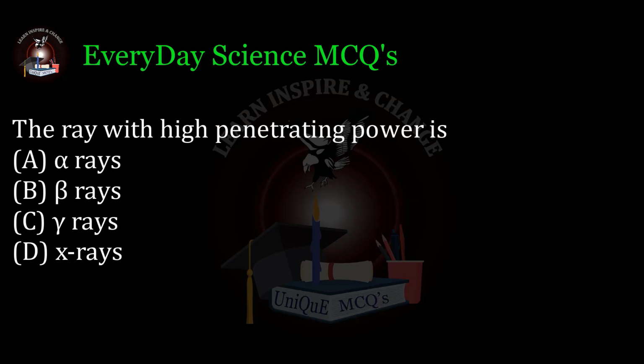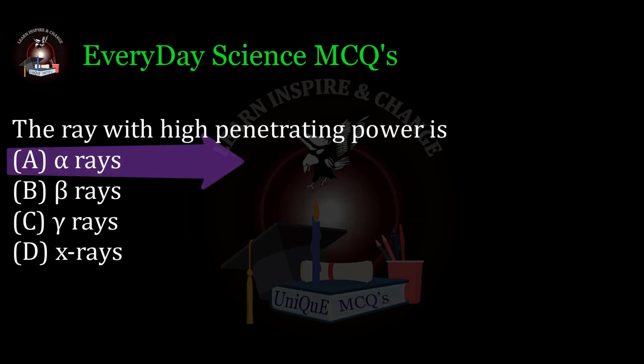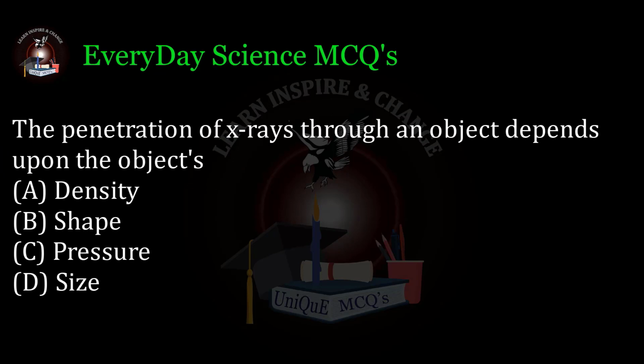A. Alpha rays, B. Beta rays, C. Gamma rays, D. X-rays. Correct answer A. The penetration of X-rays through an object depends upon the object's